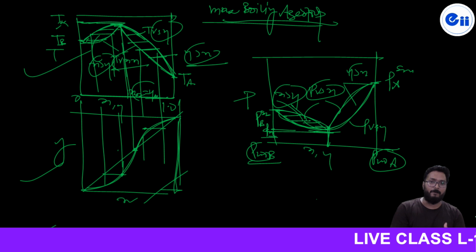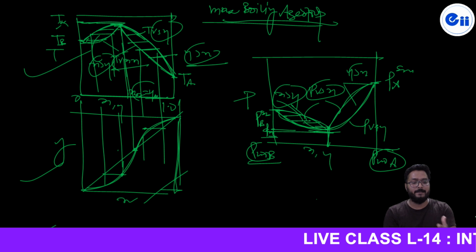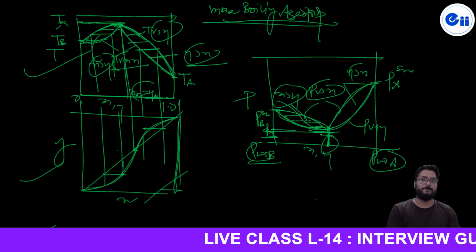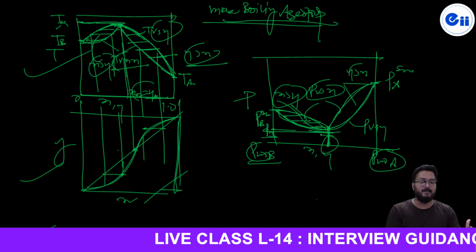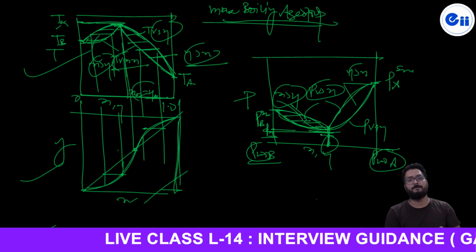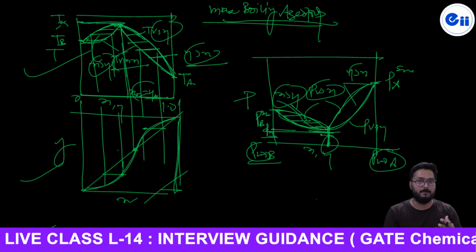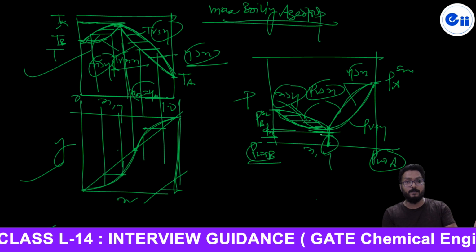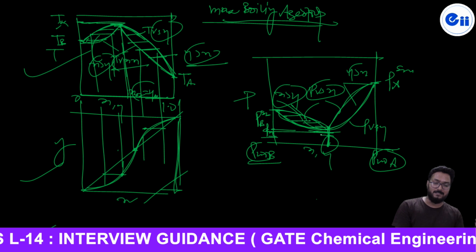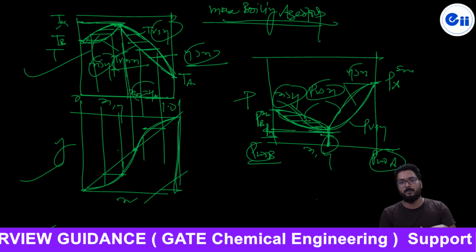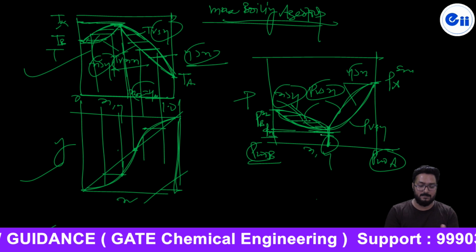And how can we remove the azeotropes? Once the azeotrope is formed, we are not able to separate this liquid mixture by normal distillation, by fractional distillation. In this case, we have to go for special types of units. It is called a pressure swing unit, or azeotropic distillation unit, or the extractive distillation unit. All types of units I will discuss in this topic.